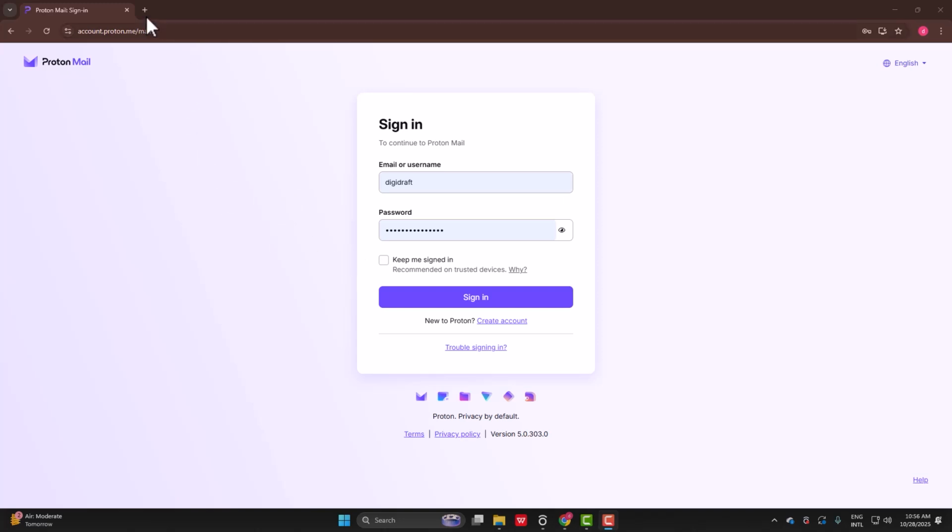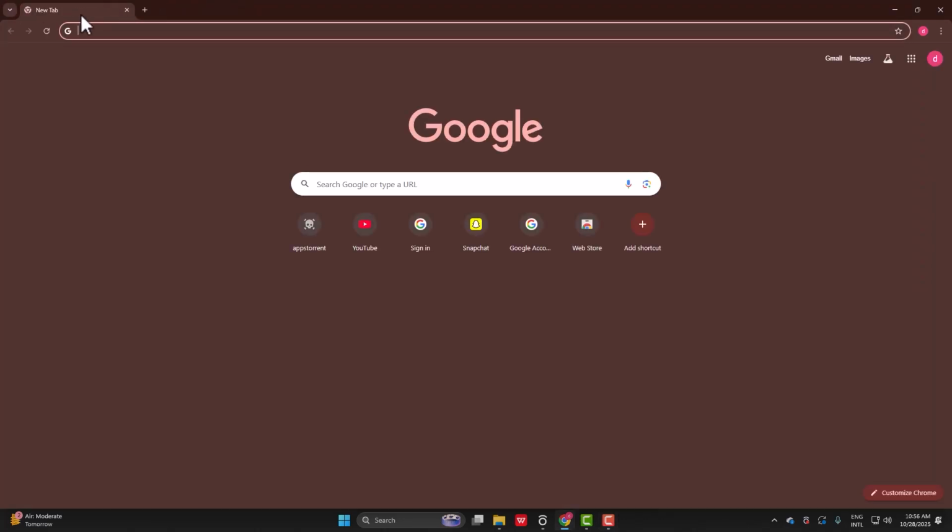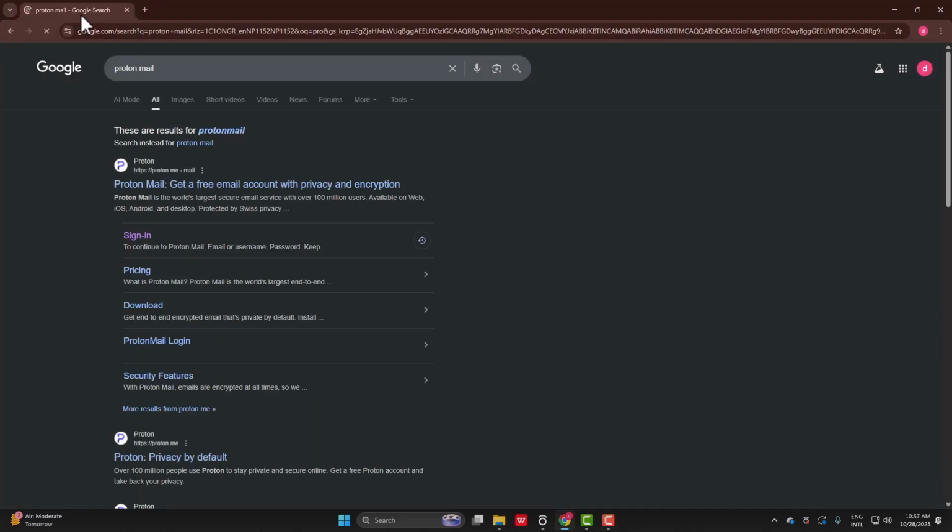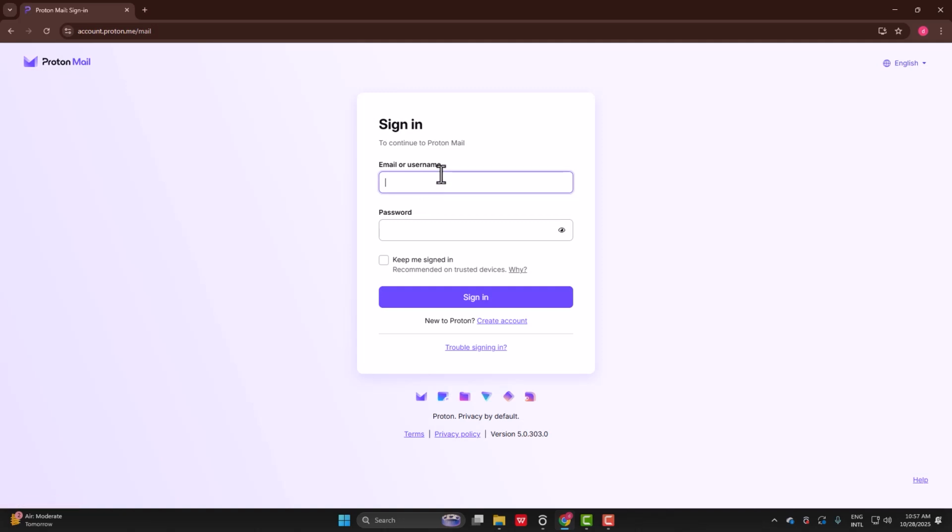First things first, all you need to do is simply go ahead and open any browser that you want and go to Proton Mail. Once you've done that, click on this sign in button right over here. Go ahead and enter your email, username, and when you don't actually have your password or you forgot it and you want to recover it, all you need to do is just click on this trouble sign in button and